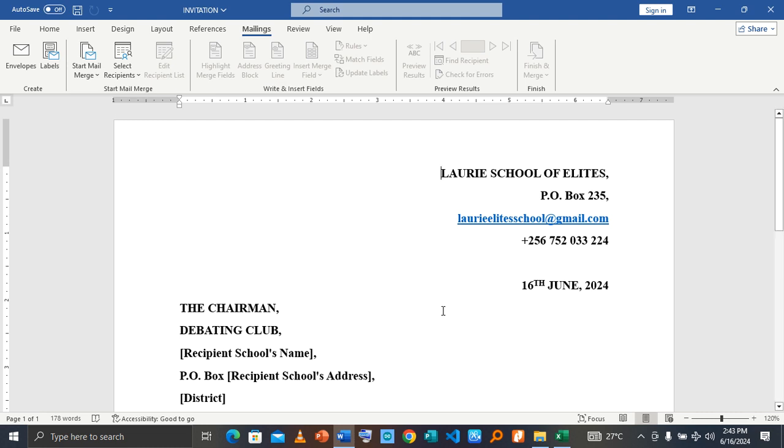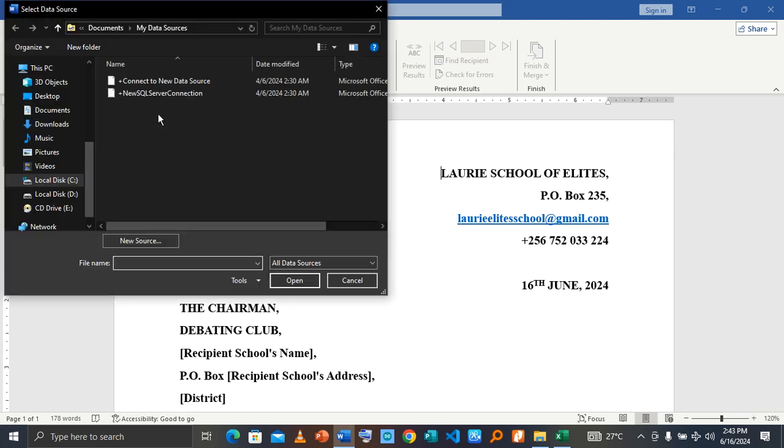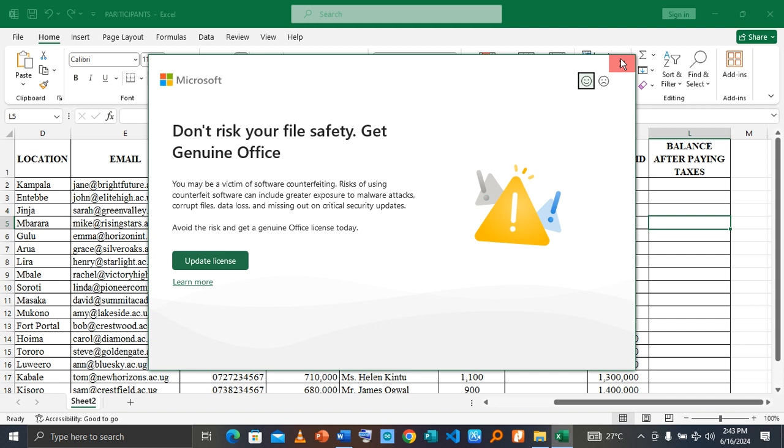Then after saving it, you follow this option of use an existing list. This option allows you to browse on your computer and select a data source. What do we mean by data source? I want to put here the recipient school name, the recipient school address, the district, and the principal's name. So I must be having